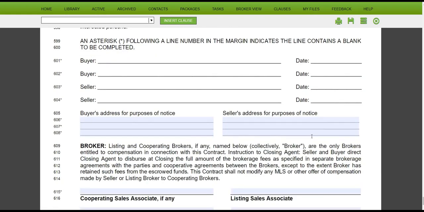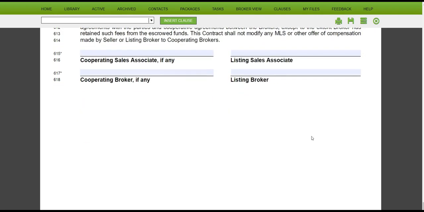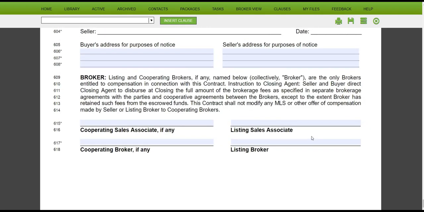Have both the buyer and seller sign here. Also, each page needs to be initialed by both the buyer and seller. Also here you would notate the names of the cooperating brokers and the listing broker. So I'll just put here